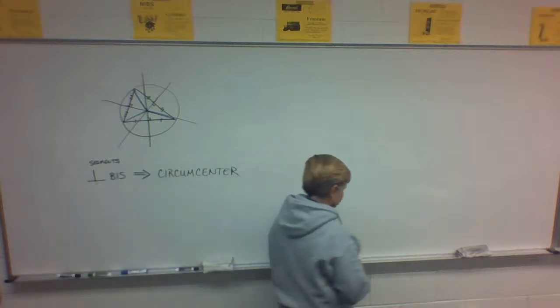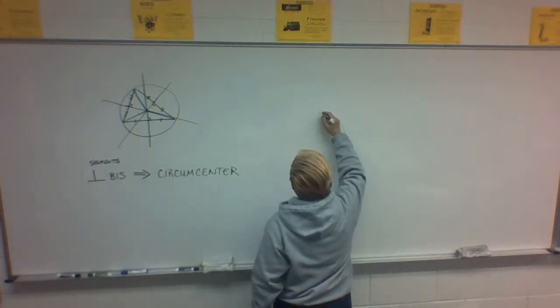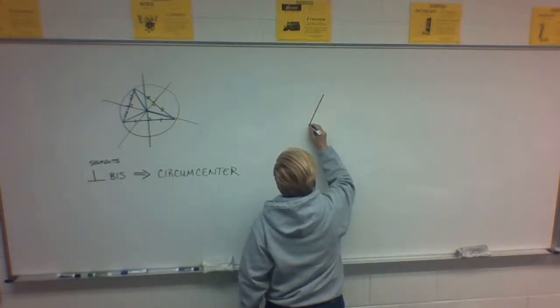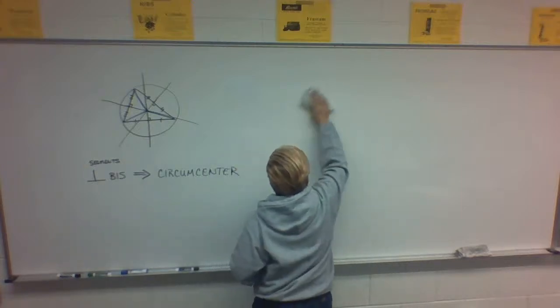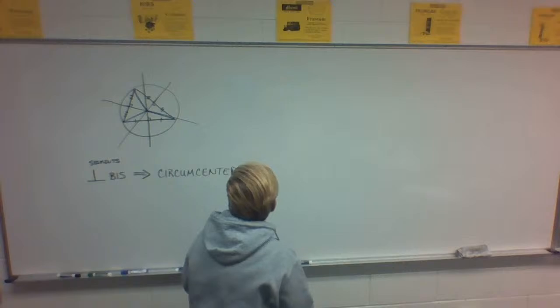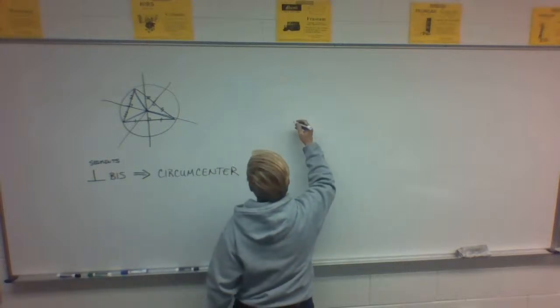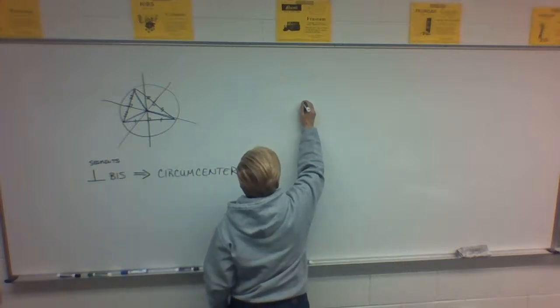Next one. If I have a triangle, plain old generic triangle again. Oh, there's something else about circumcenter, so I haven't finished. Sorry, we're not ready to go there yet. Wait. Think about this with me. If we have, that was an acute triangle. If I have a clearly obtuse triangle,